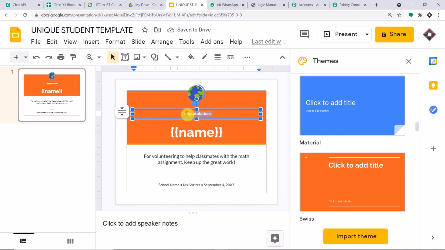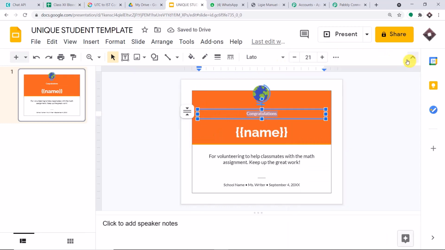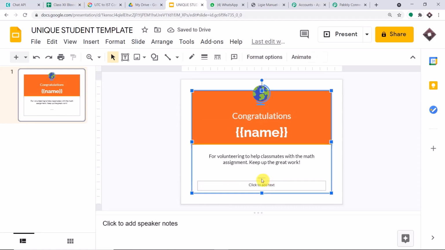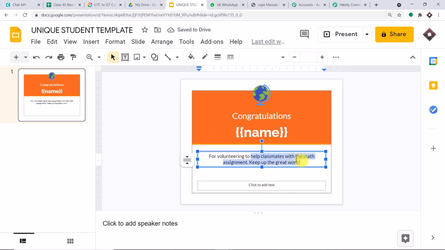And I'm going to increase the size of congratulations, and for volunteering, let me just remove all of this. It's totally unnecessary, it doesn't look good. Let me just remove this. Okay. For volunteering to help classmates, volunteering to donate blood. Let me just remove this part. For volunteering to donate